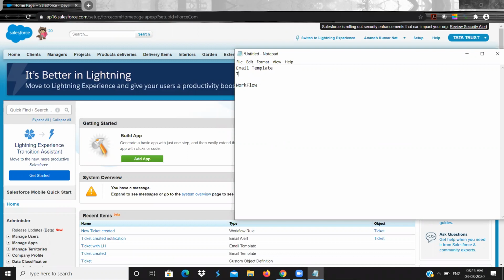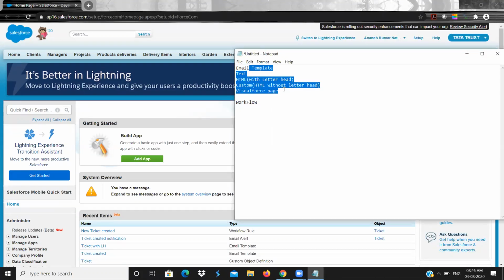One is a text email template, another is HTML with the letterhead, and custom, that is HTML without letterhead. And finally we have Visual Force page. So totally we have four types of email templates available.